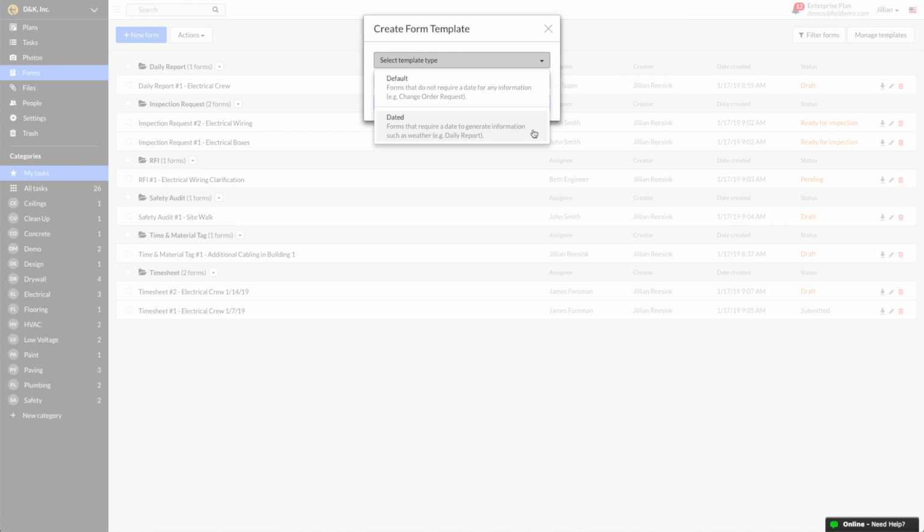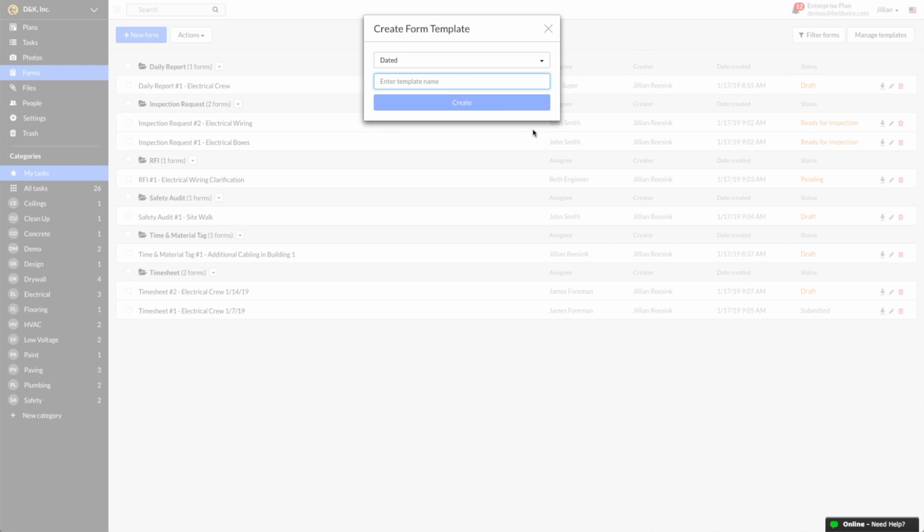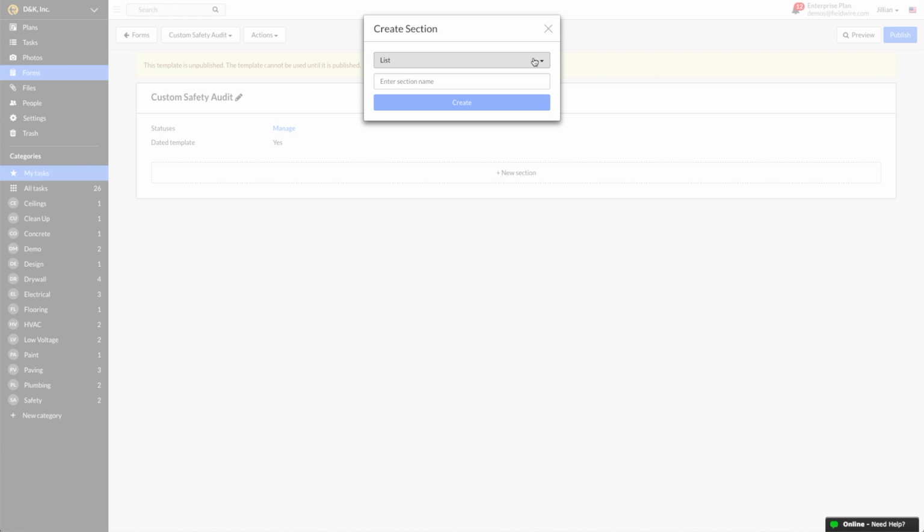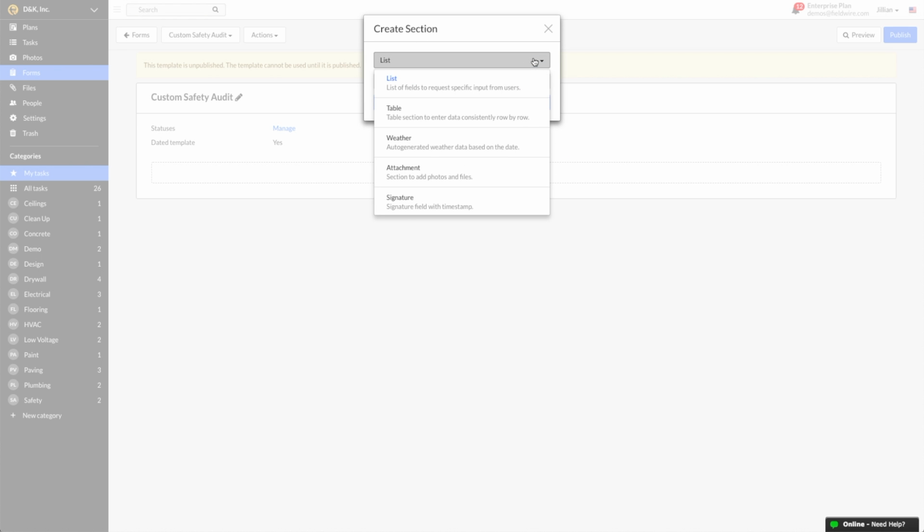I'm going to select the type to be a dated template because I want my safety reports to be associated with a particular date. I'll enter in the name as Custom Safety Audit to differentiate it from the current default safety audit form, and click Create. Now you can start adding sections to your form. There are a variety of different options, and I'll go into further detail on how lists and tables work later on in this video.